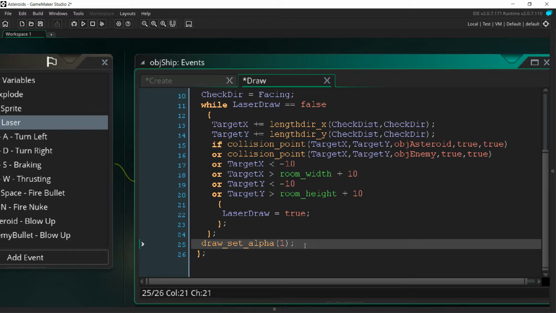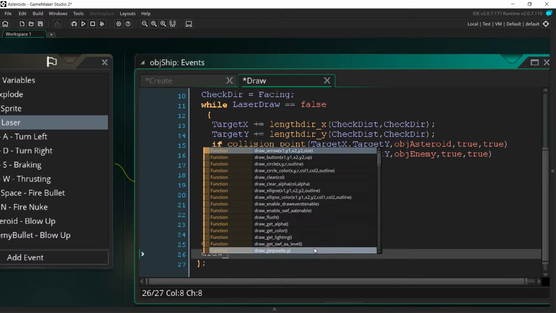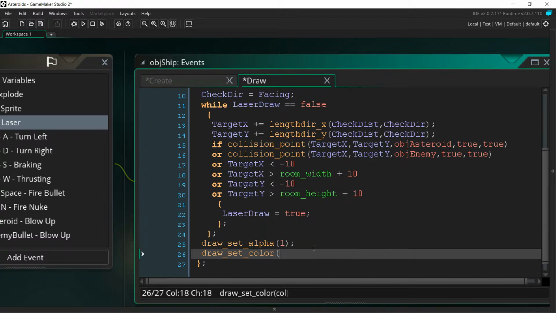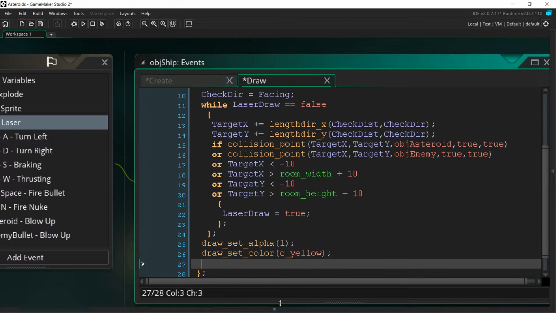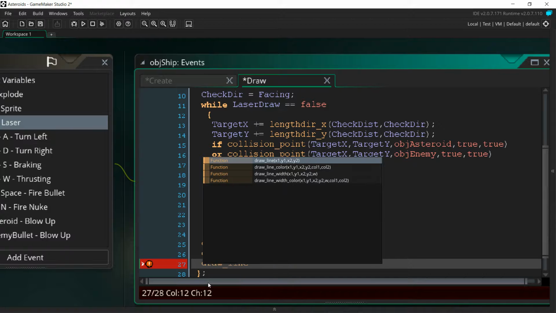And then this is where I can set a color. I'm going to make it yellow so it shows up. Draw set color. We'll go c yellow. And then this is what actually draws the laser. Draw line width,